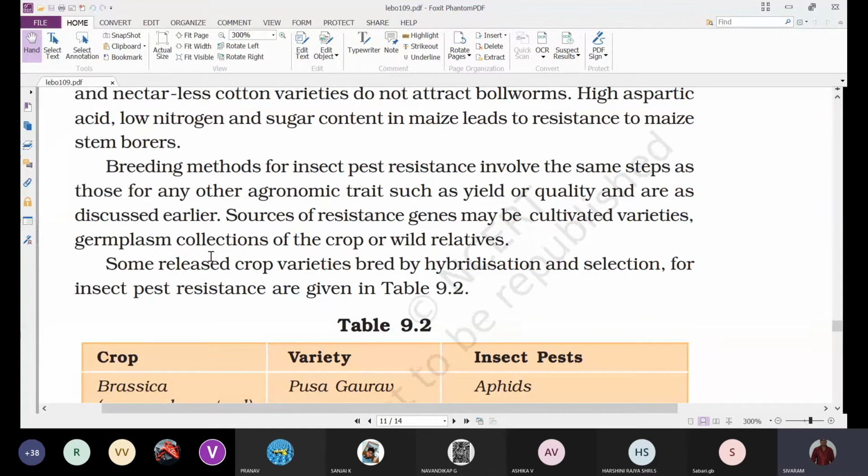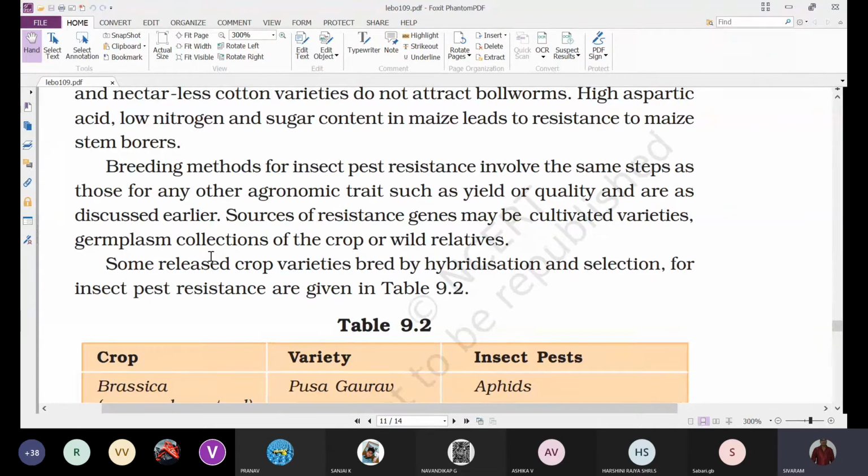If you have found any wild relatives which show such characteristic features, generally we can see the wild plants are able to protect themselves. Even in a crop field, we find a large number of weed plants growing along with the crop plants. The insect will cause damage to the crop plant but not to the weed or wild plants. They will be growing normally and will not get damaged by these insects.